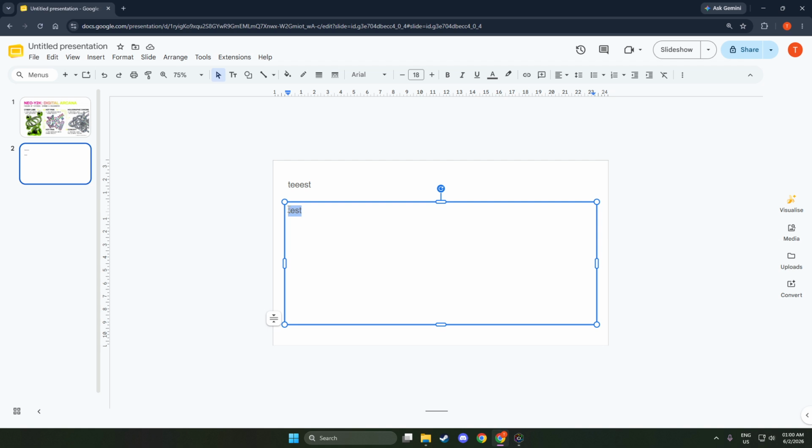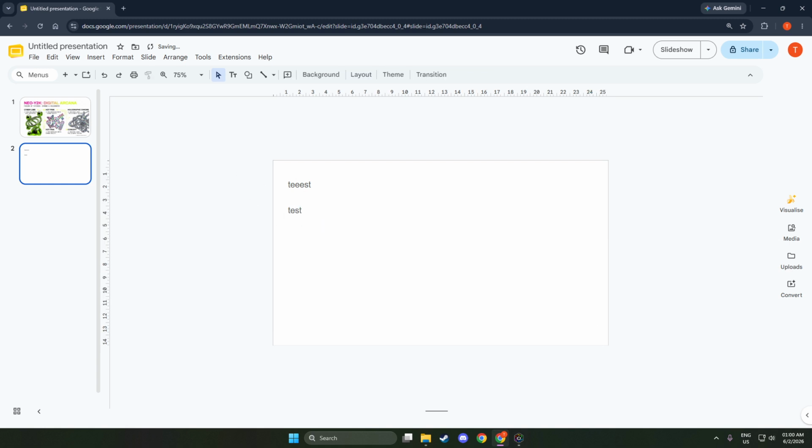And of course, one of the most important shortcuts of all is undo, which is Ctrl and Z. If you make a mistake, delete something by accident, or just want to reverse your last action, this shortcut can save you instantly. The more you practice these shortcuts, the more natural they'll become. Over time, they can make your Google Slides